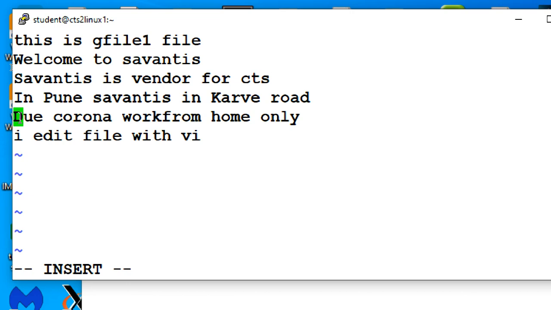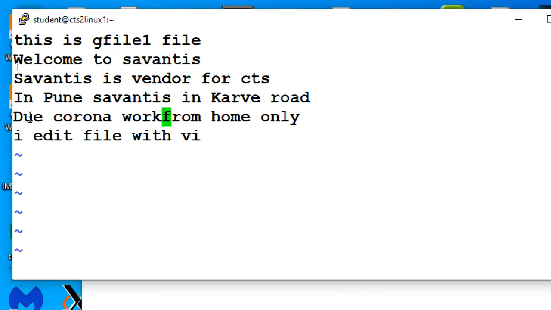The cursor went to the start of the line. If I press something, it is at the start of the line automatically. Escape. So I go to the middle of the line and press capital I. It goes to the start of the line as well as insert mode. Escape.